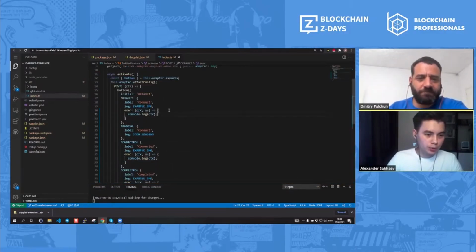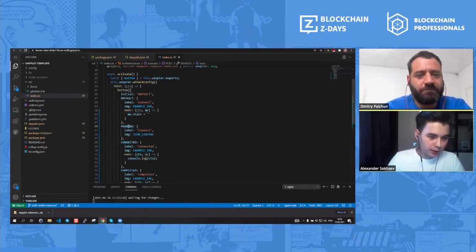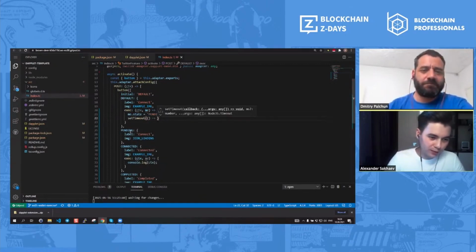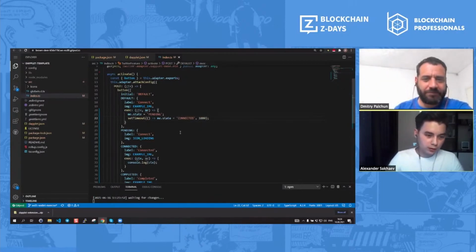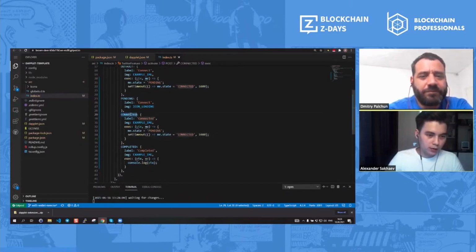So, we need to add the logic which will switch our states. e.state assign pending. For example, we can create just for example a 1 second delay. Here, after clicking on the connect button, it will show the pending state, and after that the transaction will be mined, and we can show completed. Okay,